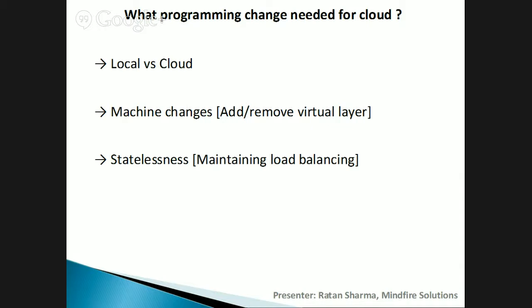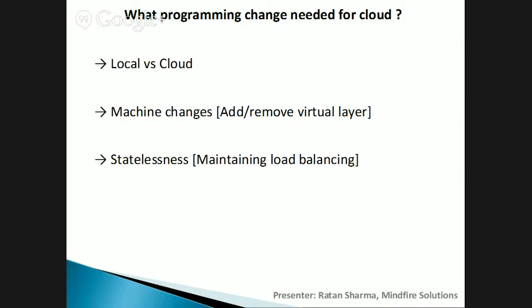Then the machine level changes. This is the same as we were discussing, like adding and removing a virtual layer. This is like distributed programming. For example, you are hitting a server. Since it is a cloud server, maybe two or three servers are there. You are requesting one particular page from a server. You got the page. As a developer, we think it's an object only.